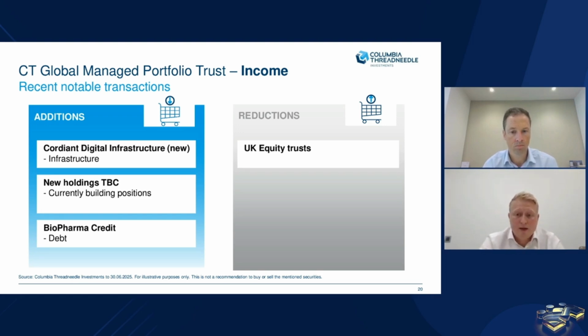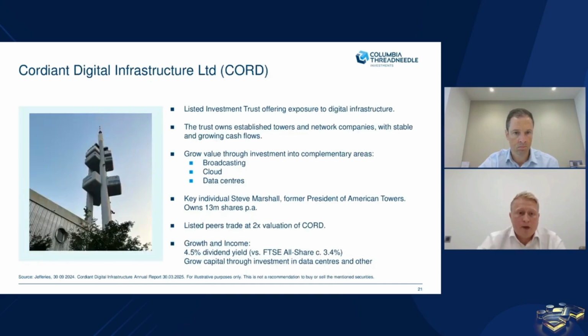And then similarly to the growth portfolio, we've been trimming some of the UK equity trusts within the income portfolio to make way for some of the new positions that we've been building. And I've left it till last, Cordiant Digital Infrastructure. It's an entirely new holding for the income shares. And why do we think that's an attractive place to invest our shareholders' capital currently? Well,